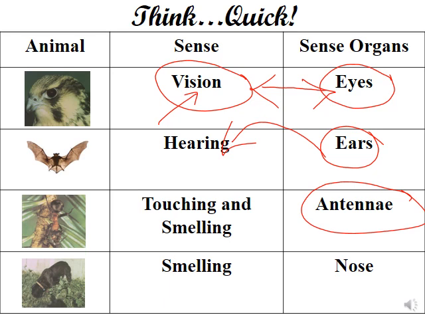Sure, we don't have antennae. So touching and smelling represent the senses, and both of them are related to the antenna. Also, we have the nose. The nose is used by the dog to detect the prey. So the nose is the sense organ, while the sense is called smelling.